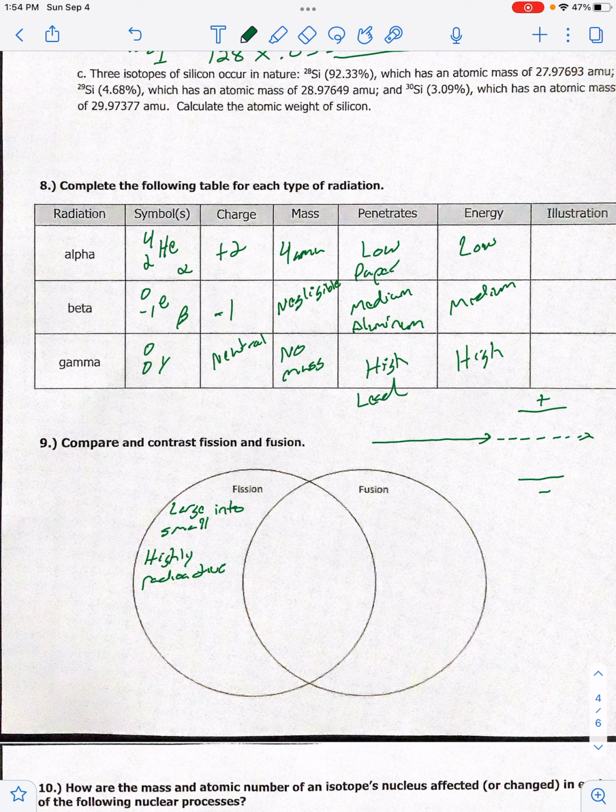Now, it does produce energy, but the downfall is that it produces radioactive waste, which is not very good. We actually use this in power plants and bombs. Bombs are basically an uncontrolled fast chain reaction that you can't stop, and it leads to that explosion. Versus fusion, this is when you have small atoms